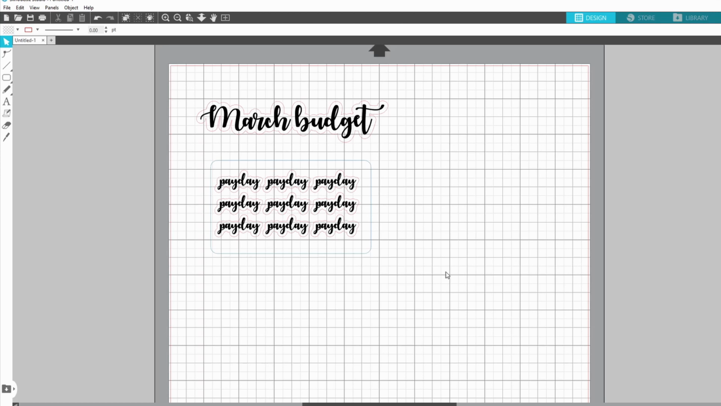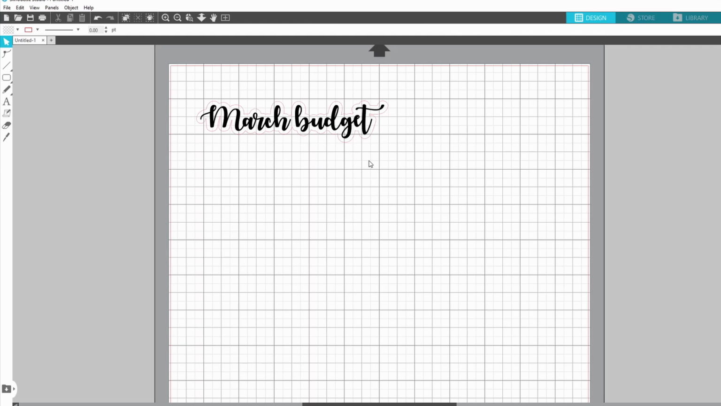So the payday is what you're going to peel off and stick in your book, and this is just going to make it cut away from the rest. So that's pretty much the basics on text stickers, and I really enjoy doing them and they're quite fun. So now I will move on and show you how I actually do the boxes and things like that for